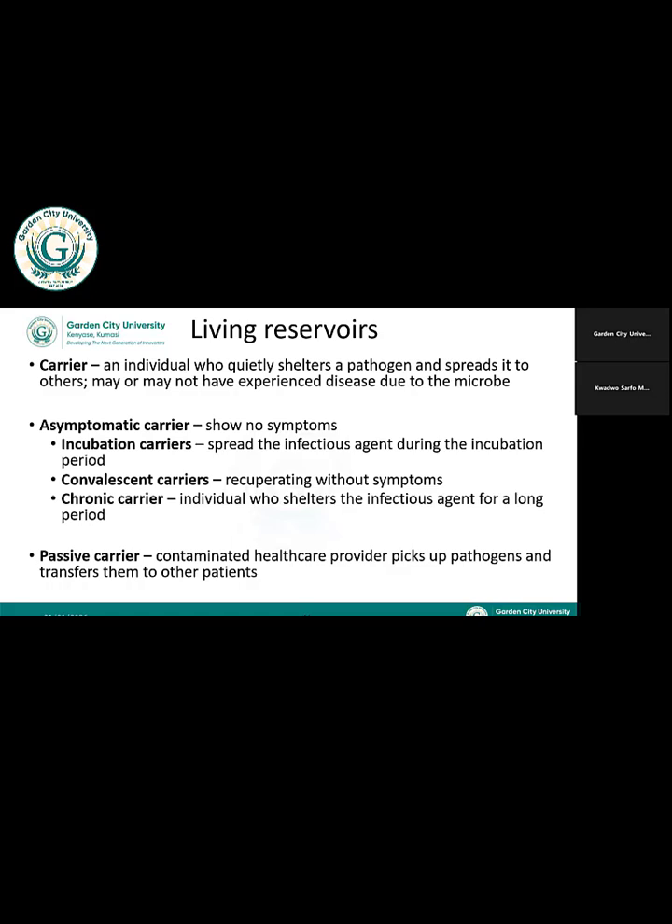So this carrier may not be a reservoir. The carrier could be a health worker who picks up an infected object, which is a source, and then goes to another bed and then